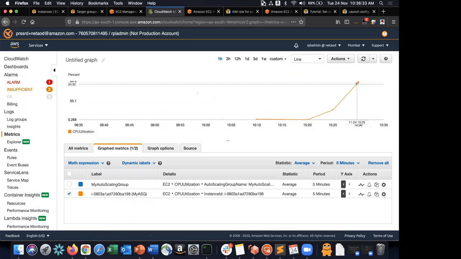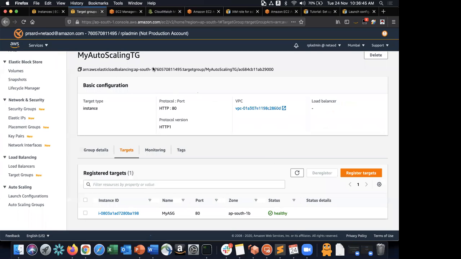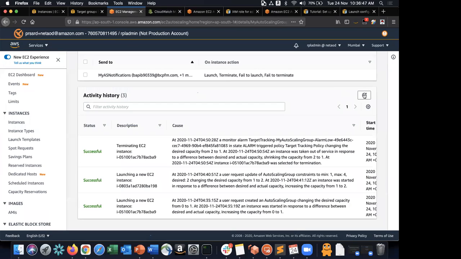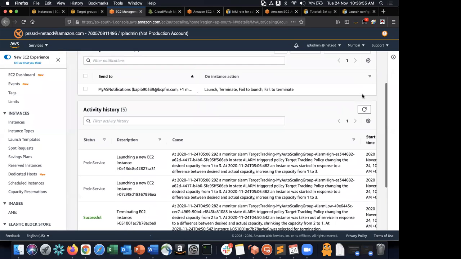But if you see, it has peaked to 99%. Your auto scaling group also should go now. Yeah, see, your auto scaling group also peaked to 99%, right? So now you will start seeing some activity happening. Wait for the activity to come in. It'll immediately kick in the auto scaling. Yeah, see,